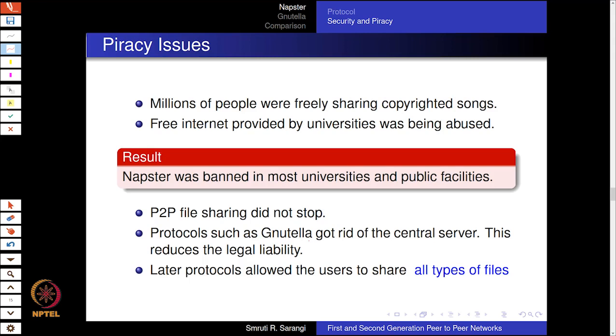So the problem that happened is that millions of people were freely sharing these copyrighted songs. And furthermore, universities were providing free internet facilities. And these facilities, frankly speaking, were being abused. Alright. So by the early 2000s,